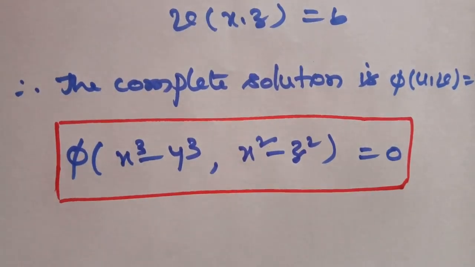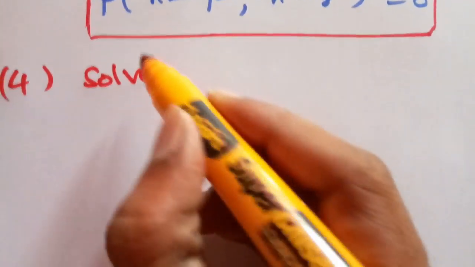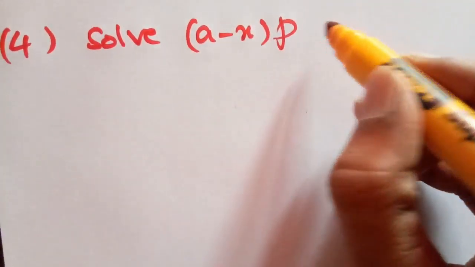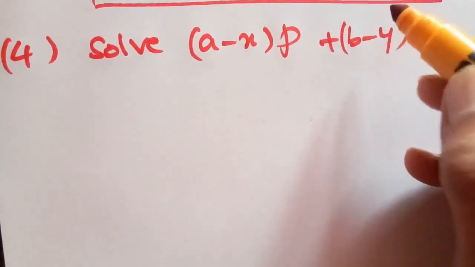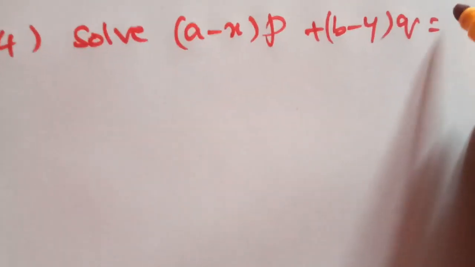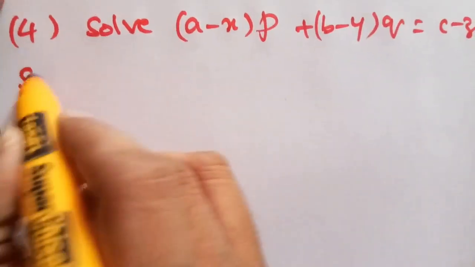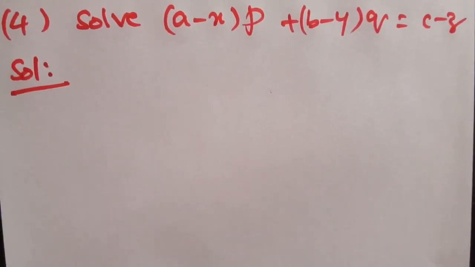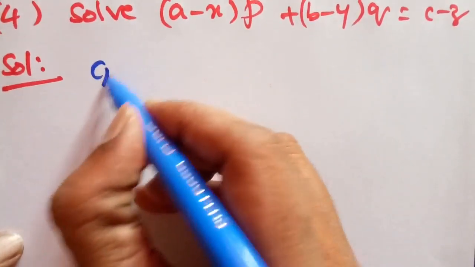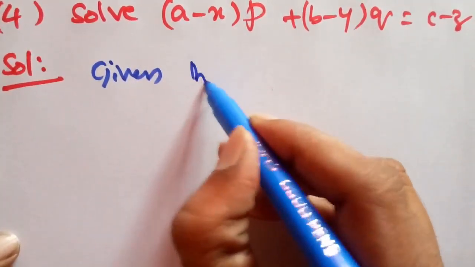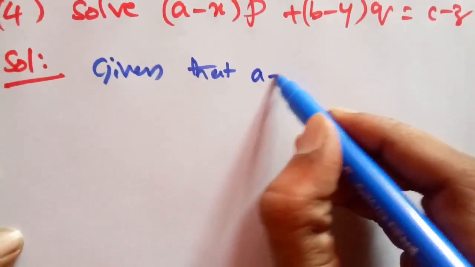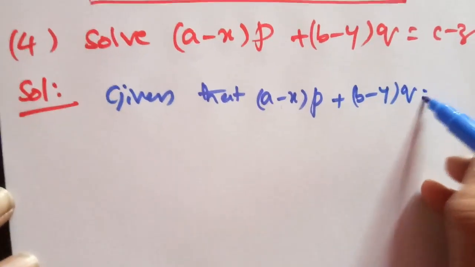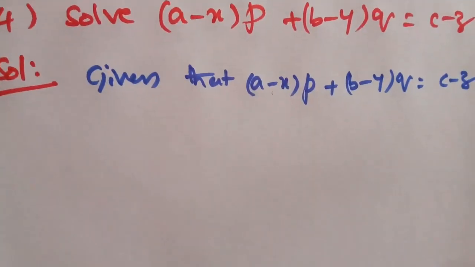Problem number 4. Solve a minus x into p plus b minus y into q equal to c minus z. Now write down the given equation. Given that a minus x into p plus b minus y into q is equal to c minus z. This is of the form